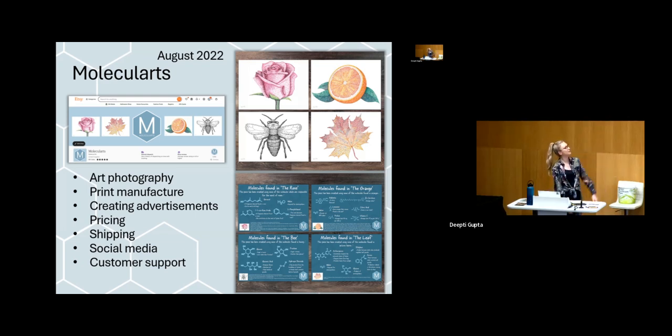And I've listed those things, or the ones I can think of, on the bottom left of the screen. But 2 I'll point out: art photography. That was a whole new realm of chaos. I thought it was just as simple as take a photo of the picture, send that off to the printers, it comes back, and it's how you want it to look. No. If you're taking photos of art and you've got white on it, you have to Photoshop it to get the white back. Otherwise, you print off this weird grey-blue color. So that's where all the Photoshopping came in very handy, because I had to try and make the colors on my pictures as accurate as possible.